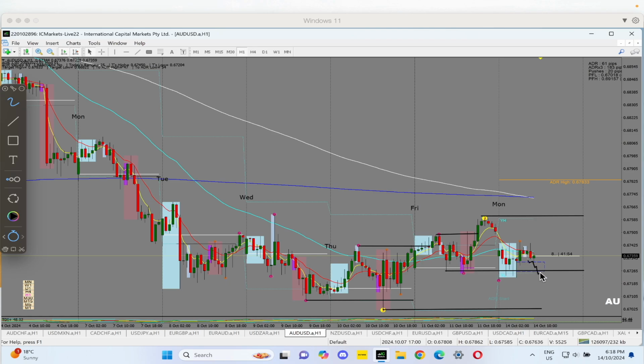It can start selling and go all the way down. But if we are already ready to go, then what we want to see is it rally up, break that high, and probably close above the 200 EMA. Then it can come and retest that high the following day and give us a continuous rise. So this is what I'm expecting with